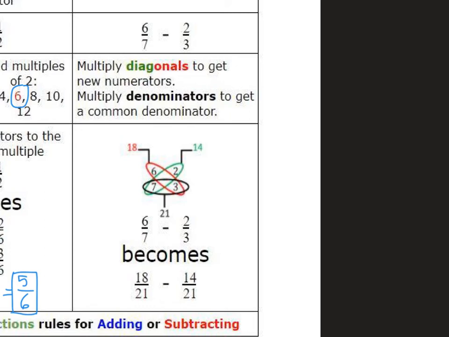So the way this works is, if you can see here, circled in red, you'll multiply these diagonals together, and those will make the left antenna. So 6 times 3 would give you the antenna of 18 up here. Then you would multiply 7 times 2, and you would get the right antenna of